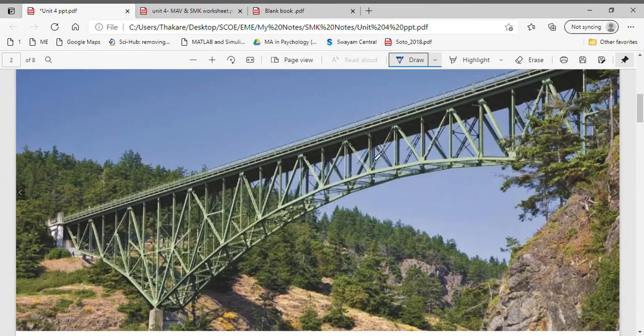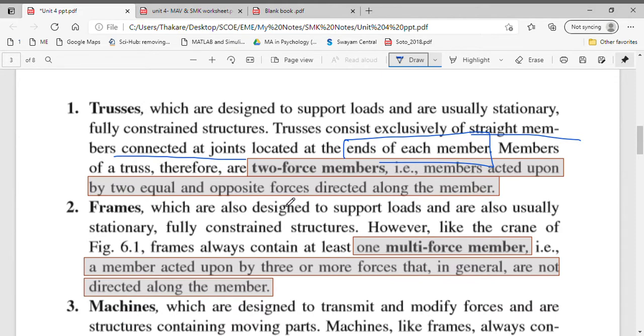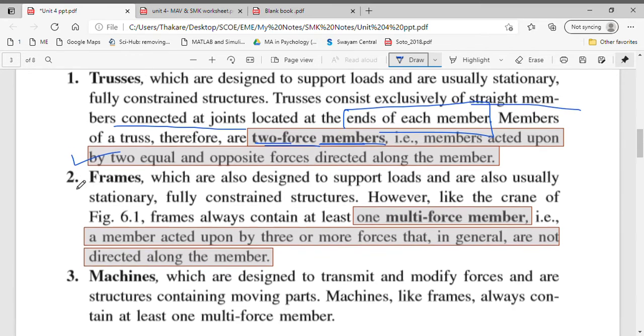So this is an example of a truss, and this is a single member at the end of which another member is connected. At the end of this another member, there is another single member connected. So when these various single members are connected together, that is called a truss. Every member of the truss carries either axial tension or axial compression. So it is basically a two-force member. A two-force member will always carry either axial tension or axial compression. So that is a truss.